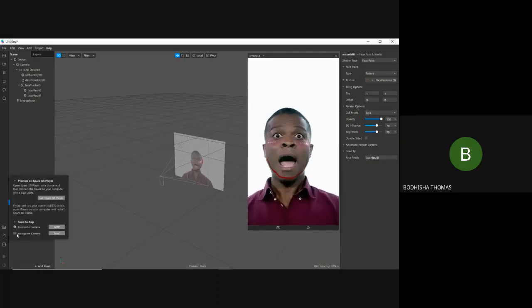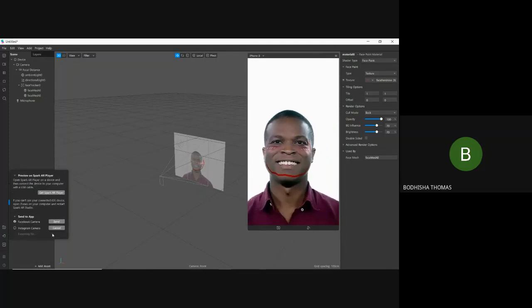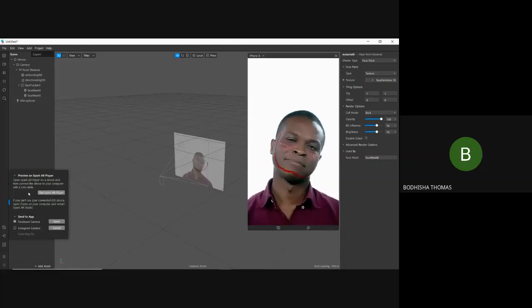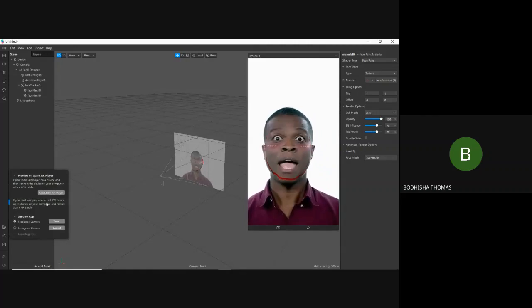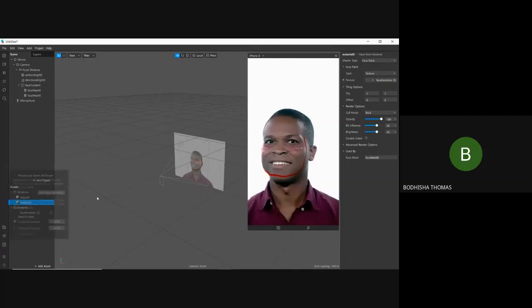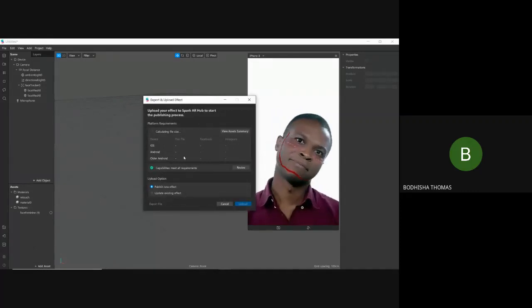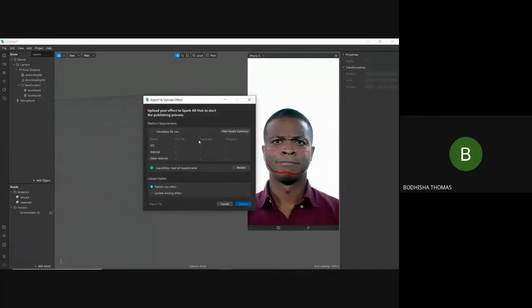In this option, we can either send to our Instagram camera, or you can show it in Spark AR Player. It will take some time. That is the testing phase. And if you want to export and upload, you just have to click on this export option.